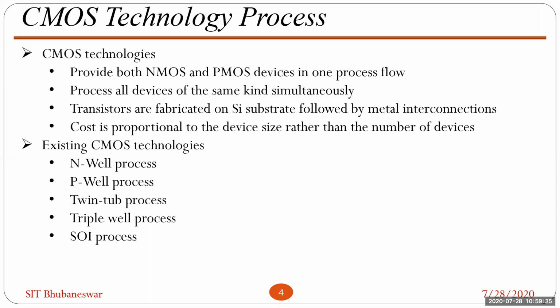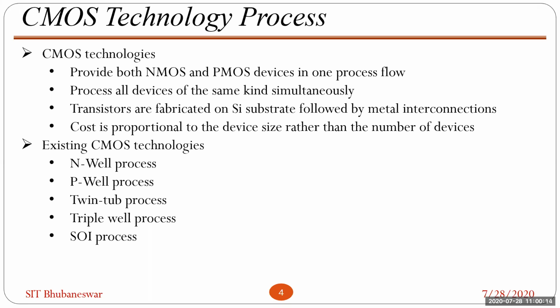This N-well process generally is more popular. We are using this N-well process, and whatever design we do is the N-well process. In the N-well process, the NMOS is fabricated in the P substrate, and the PMOS is fabricated inside the N-well. That means if a P substrate is there, we grow an N-well there. Inside that N-well, we create a PMOS, but inside the substrate, we create the NMOS. This is the N-well process.